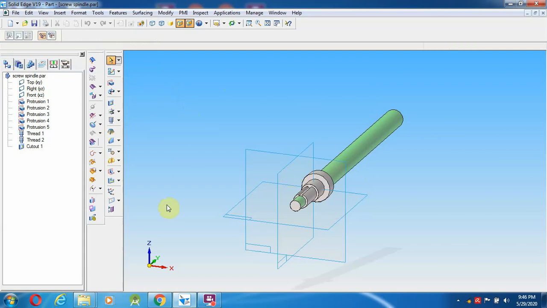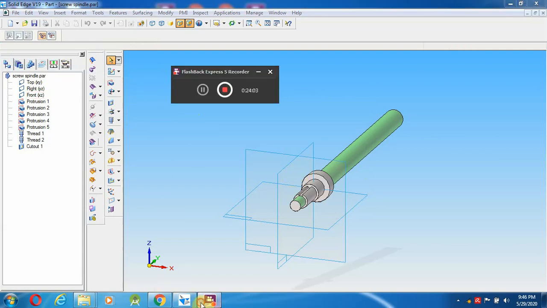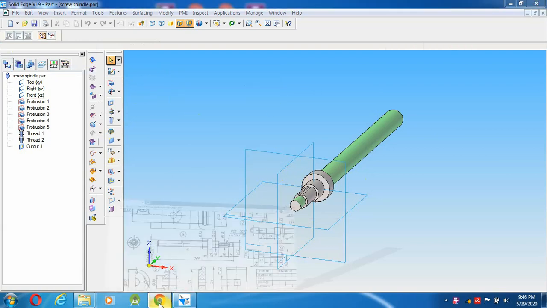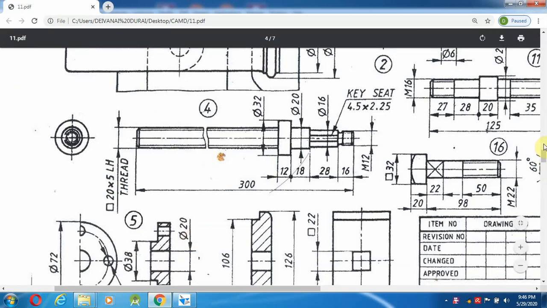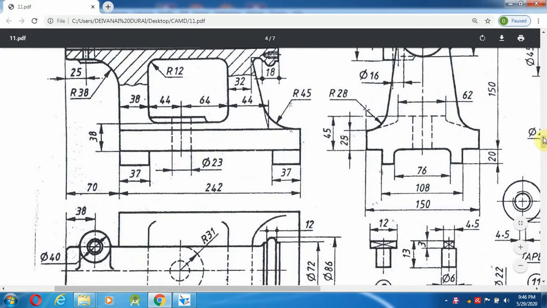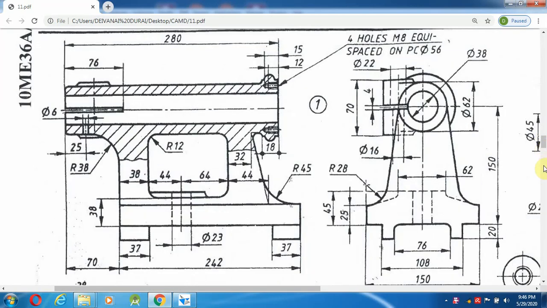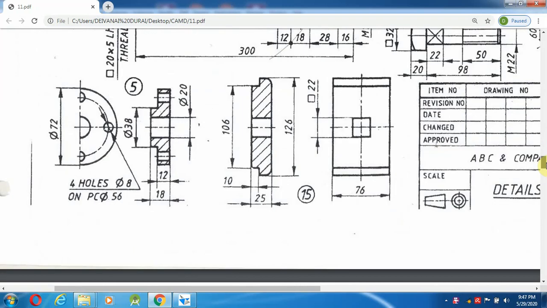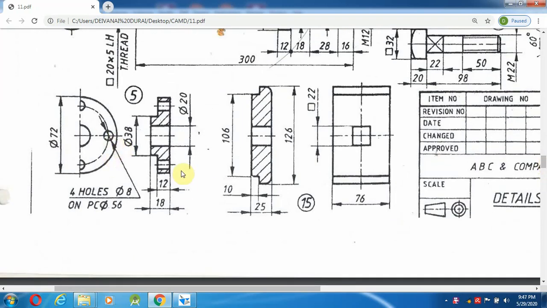Once we have completed the screw spindle, we can go with the fifth component, where is it, sorry, yeah. That is the flange.